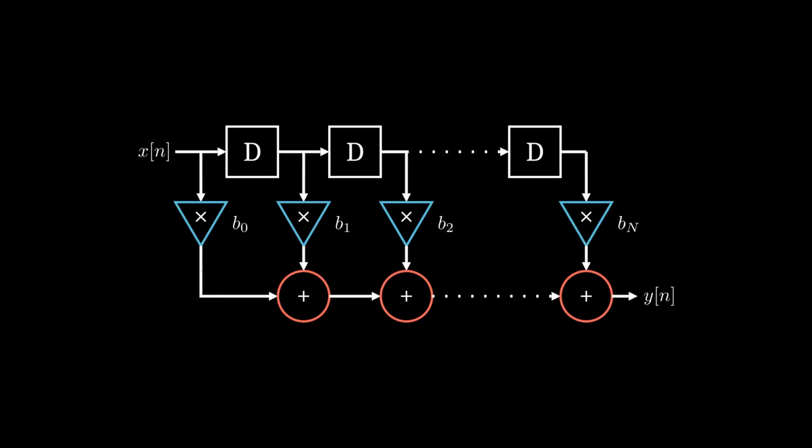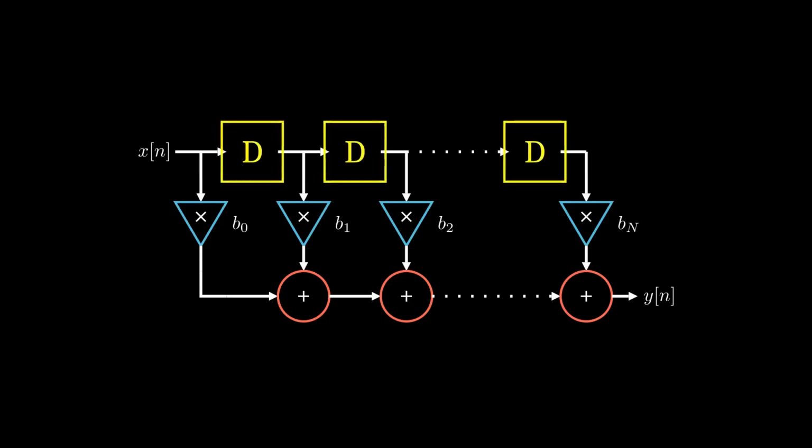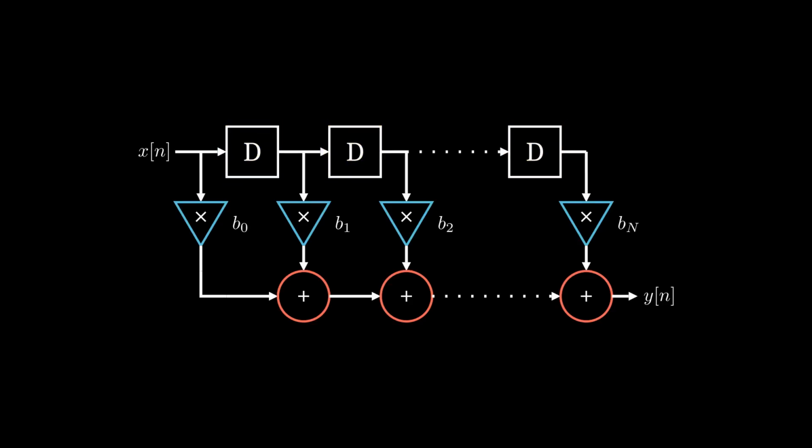This is the standard model of a causal FIR filter. x[n] represents the input signal. Each box represents a signal delay by 1 unit of time. Each triangle represents a multiplication by a fixed value. Each circle represents the addition of two signals. And y[n] represents the output signal. The addition and multiplication blocks act instantaneously, but the delay blocks work a little differently. On every new sample, the delay block outputs the last value that was on its input. The effect is that a sample value migrates from the left to the right.